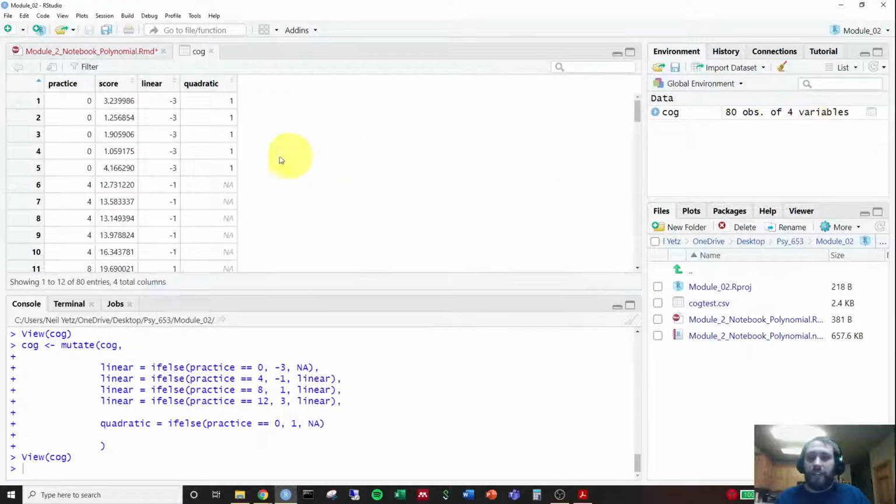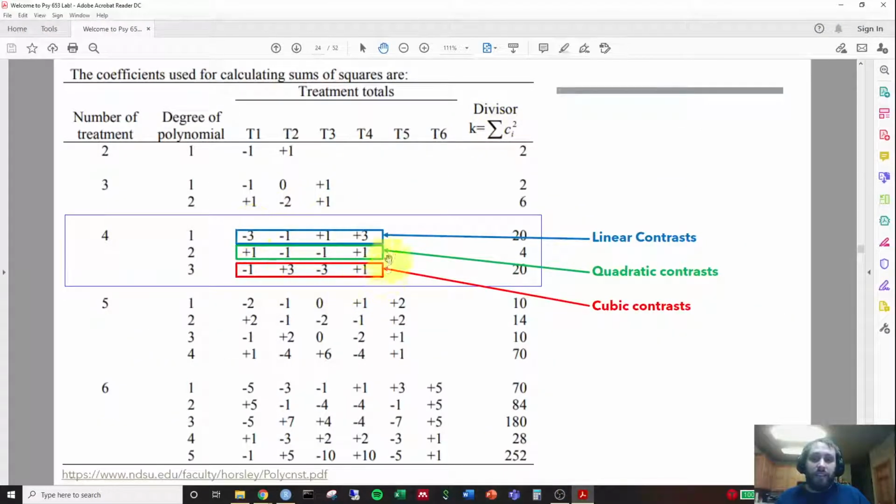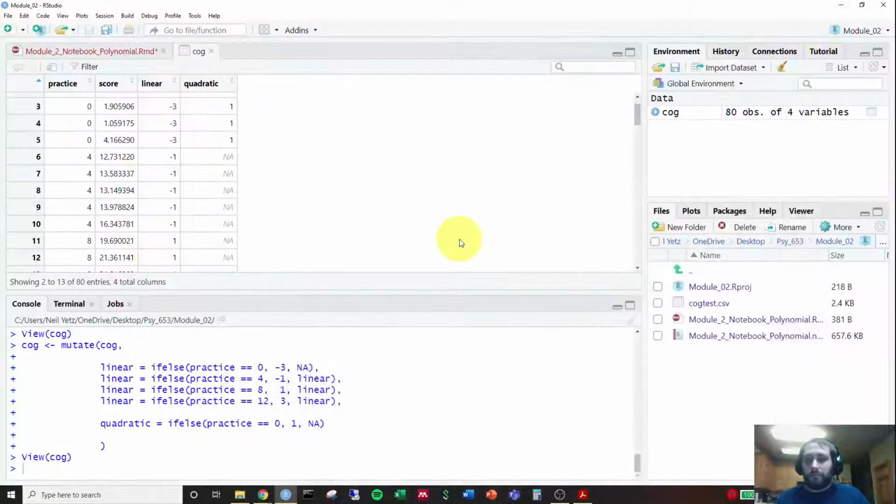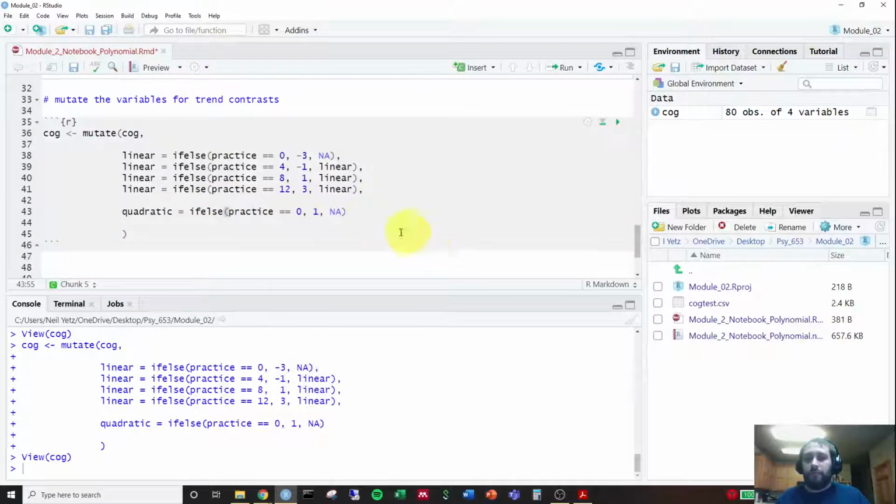It has 4 variables now. Now we're building up another variable called quadratic, in which practice is equal to 0, it's 1, and then we're going to be using these values here to build up what the quadratic one is. So let's go ahead and just do it. So else, comma, quadratic equals, overwriting the quadratic variable, practice equals 4, comma, going to be -1, comma, keep it else, keep it as quadratic, comma, quadratic equals if else,